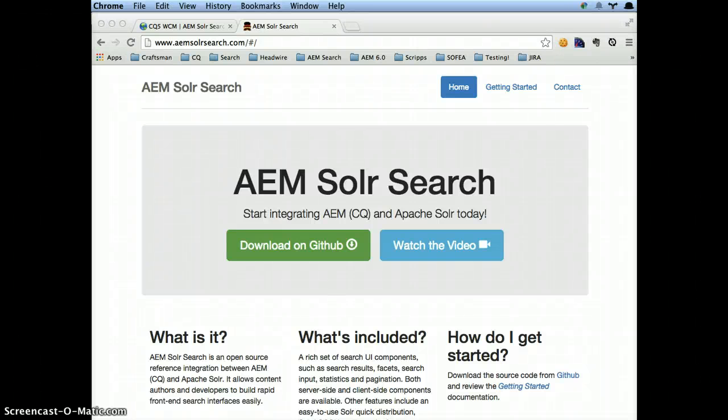Hi everybody. Today we're going to be talking about AEM Solr Search. This is an open source project provided by Headwire.com, and it provides a sample reference implementation for integrating Adobe AEM and Apache Solr. So today we're going to give you a brief tour into